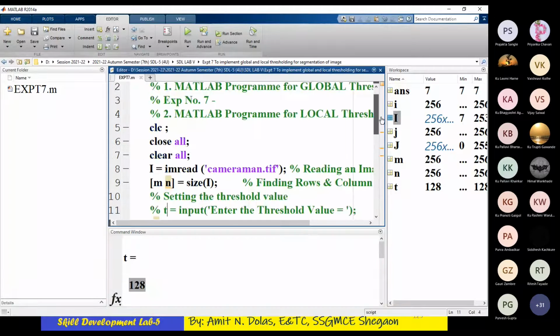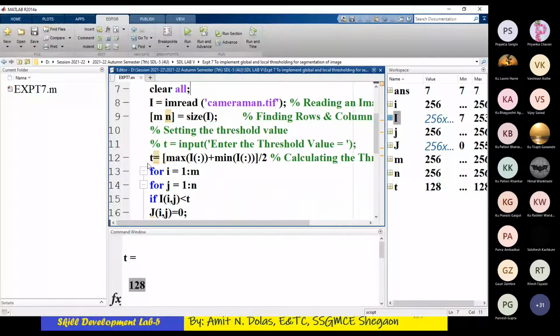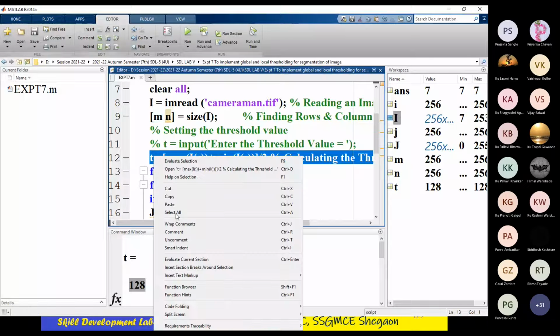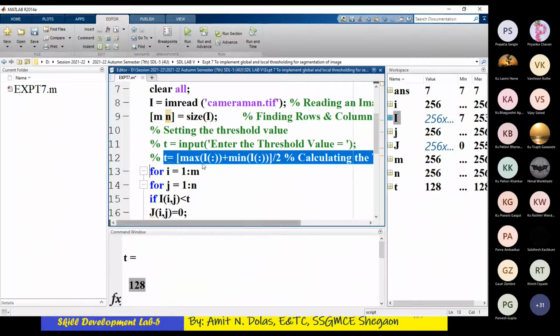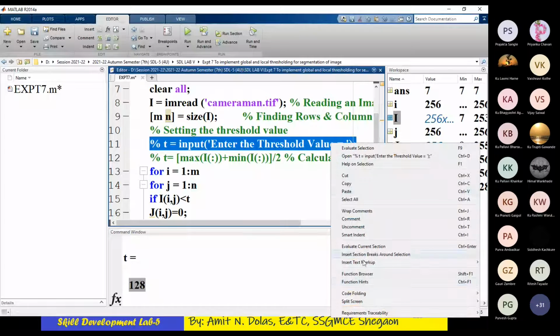Again, I will make one change in the program. Here the mean value, or average value, is calculated. Now what I will do, I will comment this function and I'll use this.